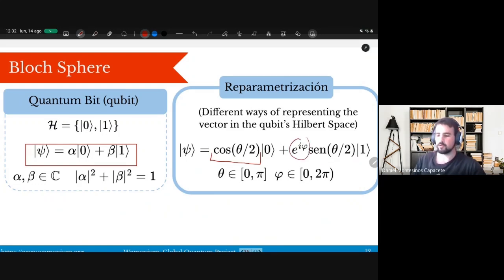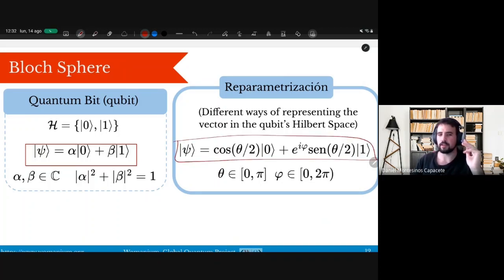So this is usually called the phase. I don't know if I said this in the first lecture about complex numbers, but this angle in the exponential with the imaginary unit is usually called the phase. And we have here the sine. So for example, it's easy to check that every time you write a state in this way, the norm equals 1. I mean, this condition is satisfied